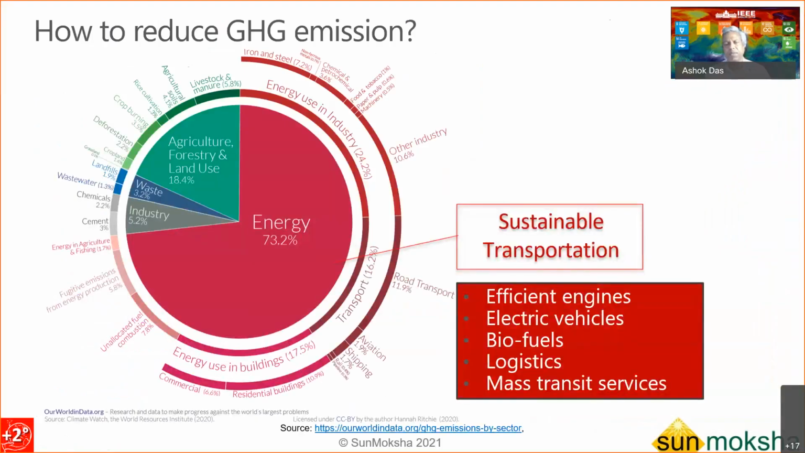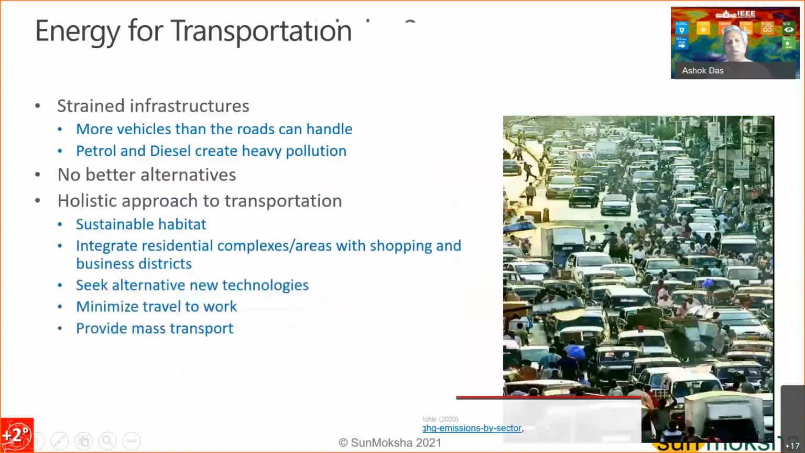Sustainable transportation, this is one of the major topics, and later we will have more experts talk about the various ways to make transportation sustainable, which includes efficient engines, electric vehicles, biofuels, logistics, mass transit. So if you look at,